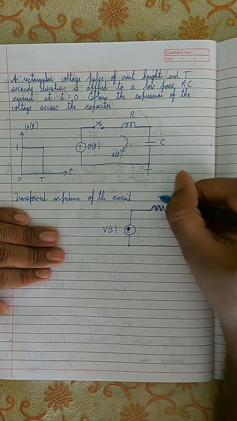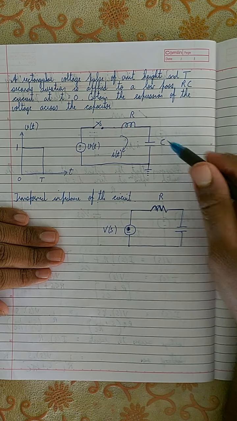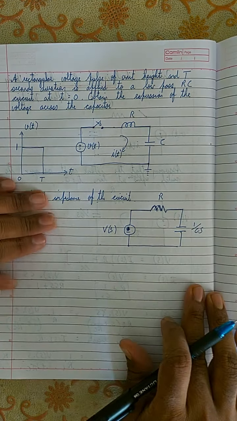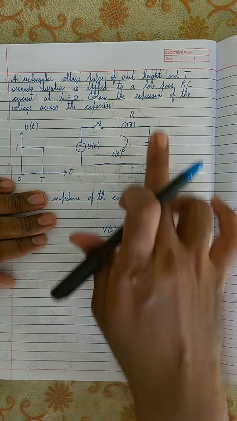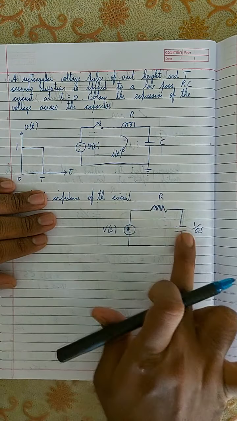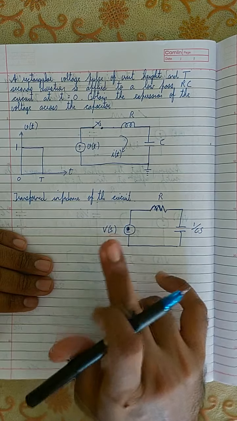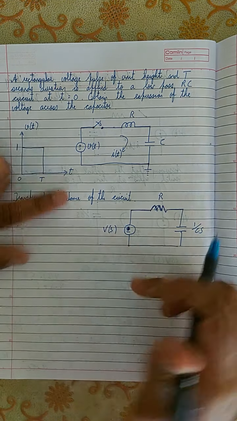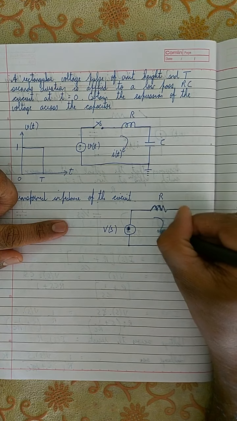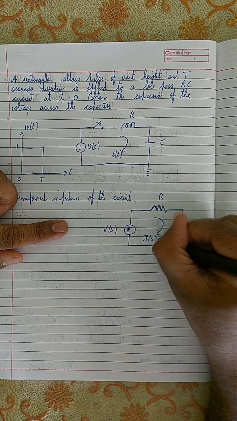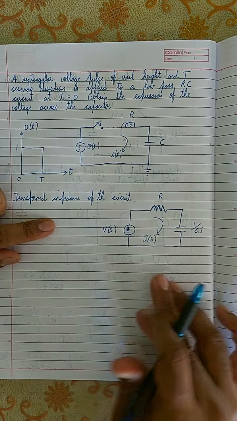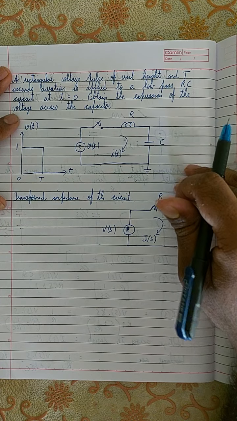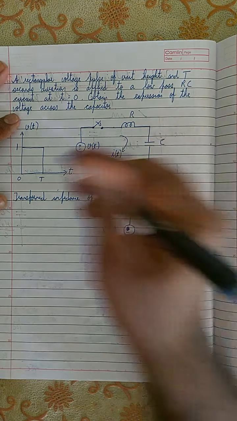Laplace transform of a resistor is R, the Laplace transform of a capacitor is 1 by Cs. Here the values of R and C are not given, so I'm using the same values as they are, R and C. Now V of S is the Laplace transform of V of t, and I of S is the Laplace transform of I of t. So now I'm going to write the equation for I of S as usual, where we're applying Kirchhoff's voltage law. So according to the circuit,